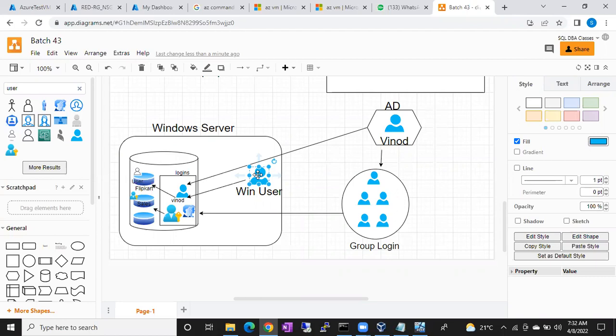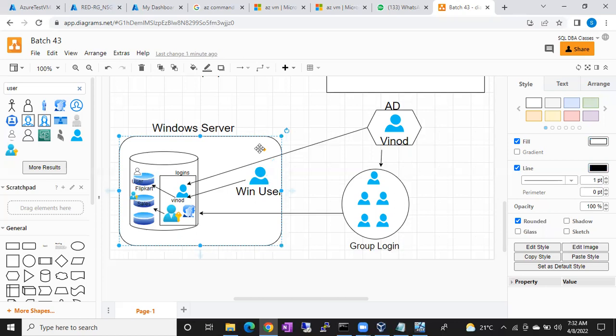What are the challenges, guys? What challenges if we create like this? What is the main challenge? Yesterday we discussed. What is the main challenge? It seems you are following my classes. What is the challenge, guys, if I create an individual user in an individual machine? No one can answer out of 22.